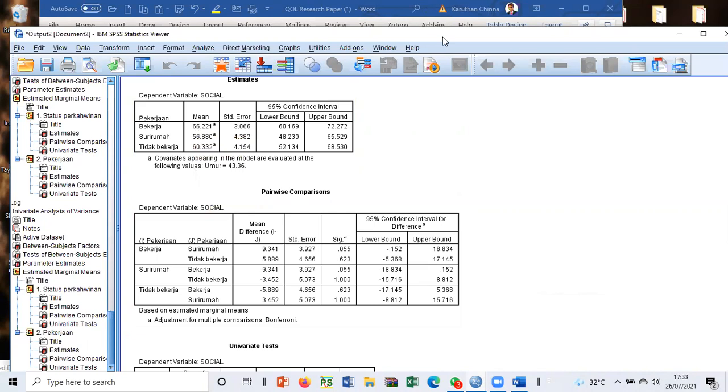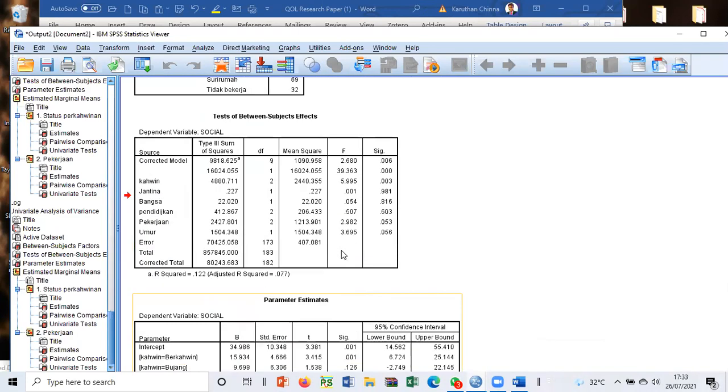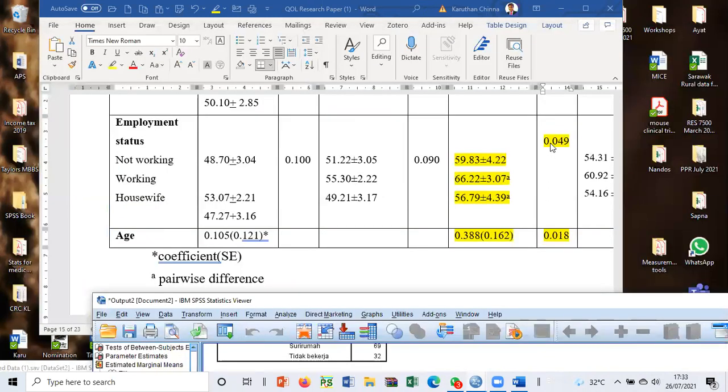Because they have co-workers and they're always... Maybe housewives, most of the time they cook in the house, right? So these working people are seeing different people every day, then you can explain the discussion better. Unfortunately, this value is not far from 0.05, but almost there. But this p-value being less than 0.05, so I maintain this, and put a superscript between these two to show that that's a difference, and you can carry this into your discussion. That'll be more meaningful.